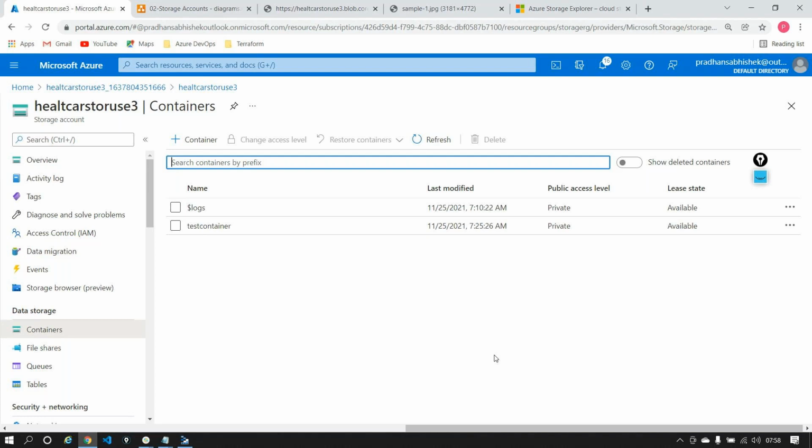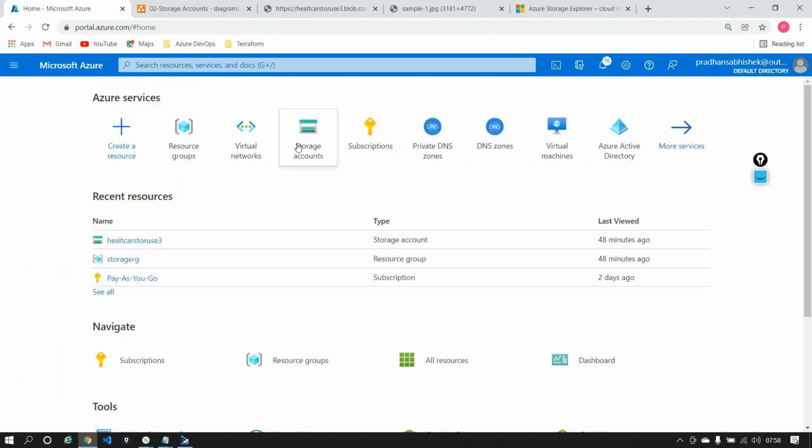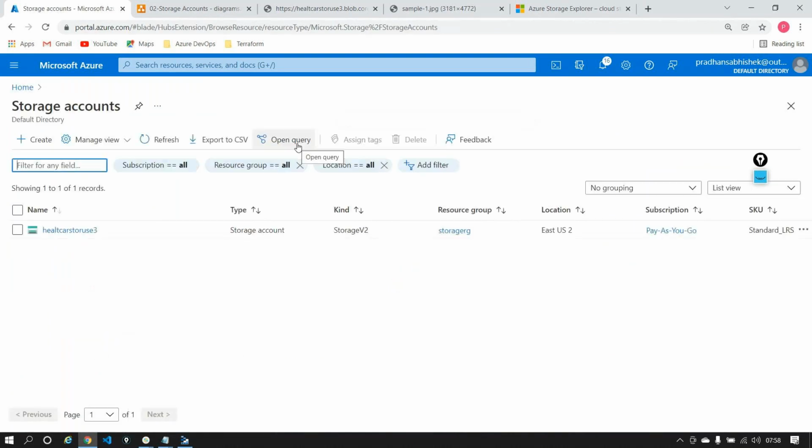Again, if I'm creating one storage account, great. What are the maximum storage accounts that I can create in my Azure subscription? Another question. It depends upon which subscription you're using. Each and every subscription comes with something known as limits. Let's say in my subscription, I have a limit of 250 per region. Meaning in East US 2, I have already created one, so I can create 249 more, with each and every storage account having 500 terabyte of data.